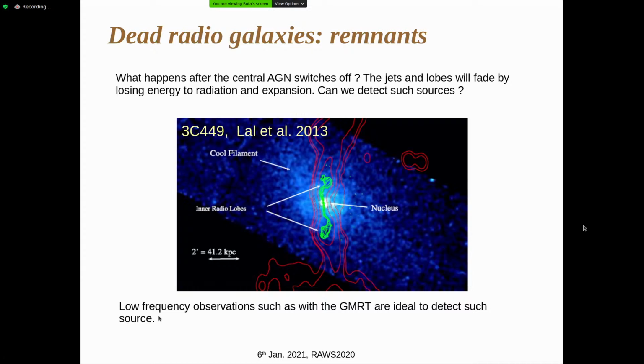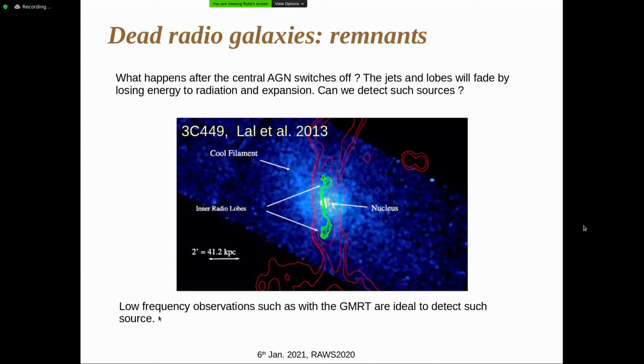But this radio galaxy won't be active all the time, depending on how the accretion happens at the central supermassive black hole. This can stop, leading to basically just passive evolution. The jets don't have any fresh input and they can evolve passively. So this is an example of such a passively evolving galaxy which has undergone modification due to the presence of intracluster medium disturbances. What I have shown here, in green, these greenish white are the galaxies. In the red, you can see the X-ray emission, and in blue is the radio emission.